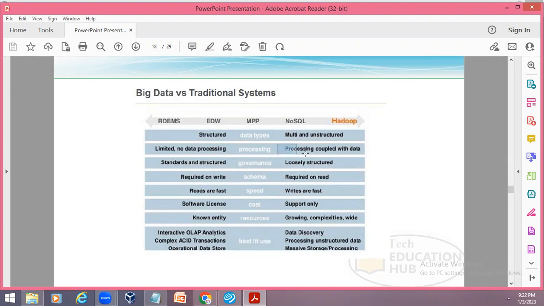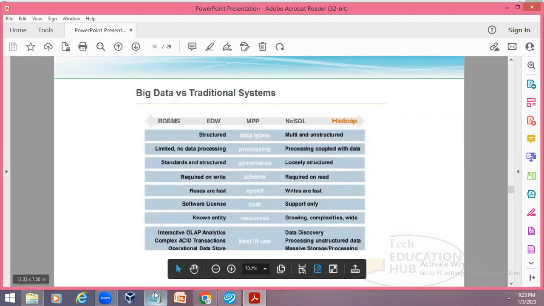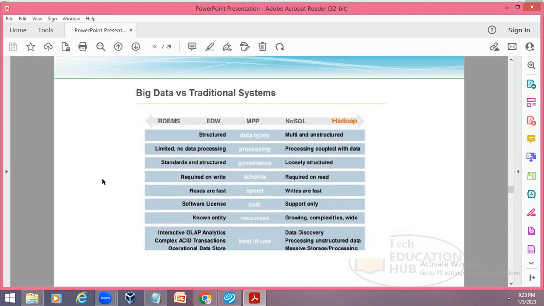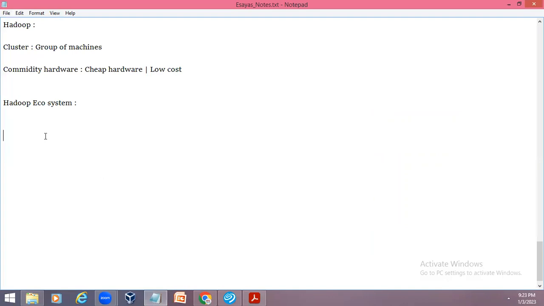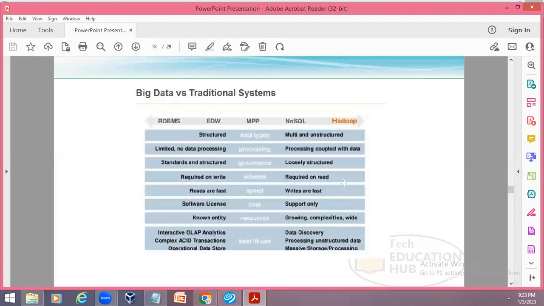Okay. So that concept was processing coupled with data. So it will reduce my data traversing actually. Clear on this? Any question or any doubt, confusion? Okay. There is one term called data locality that we will understand in detail. It's similar to that. This is only data coupled with process.